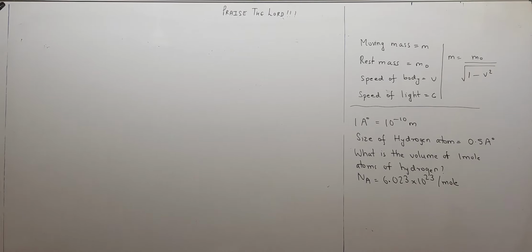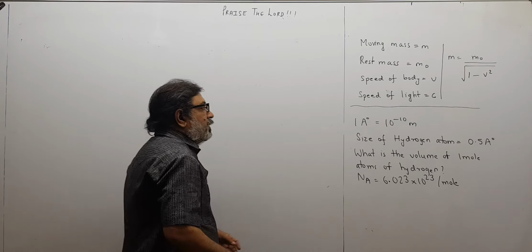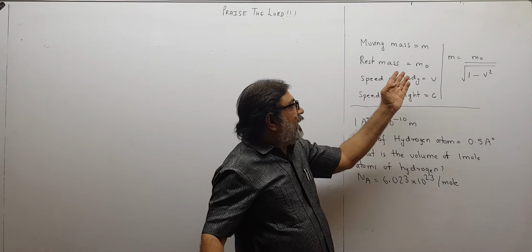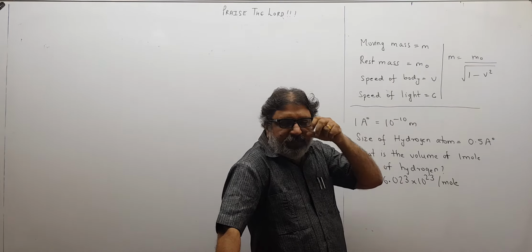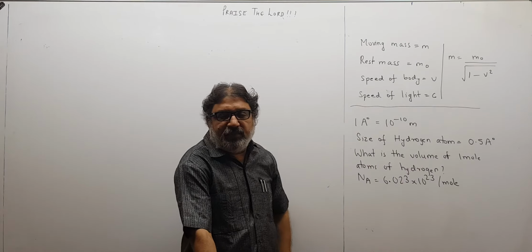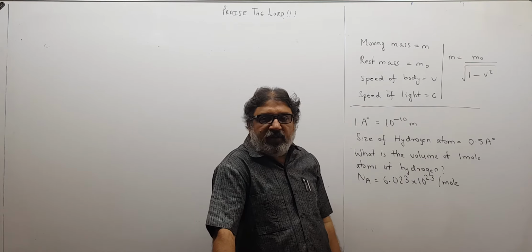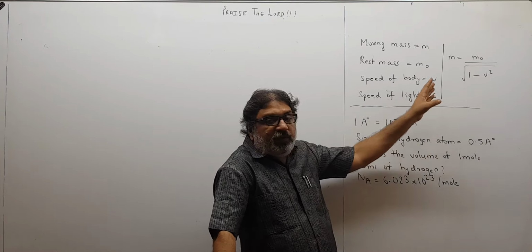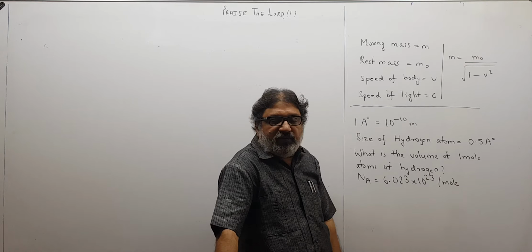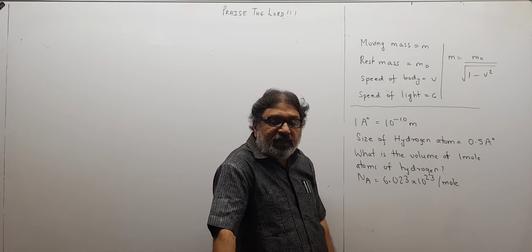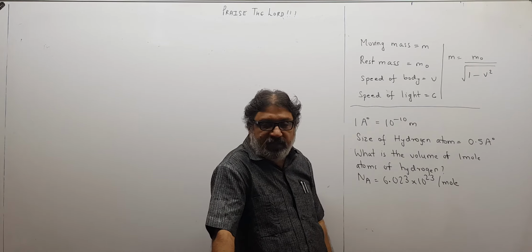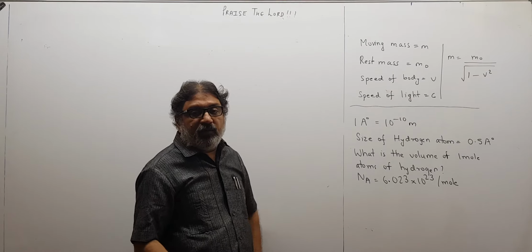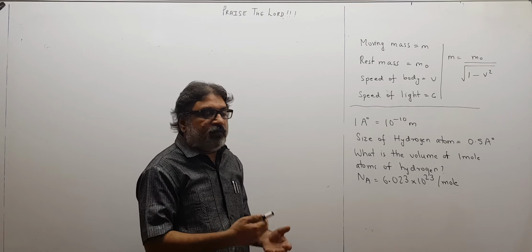So the next one is that, children, see, the moving mass of a body is m and the rest mass is m0. That means our moving mass and rest mass are not same. And yes, that's very true, children. You will learn in the later stages that as the speed of the body increases, your mass also increases. This was suggested by Sir Albert Einstein according to special theory of relativity. So mass of the body does not remain constant, it increases with speed.